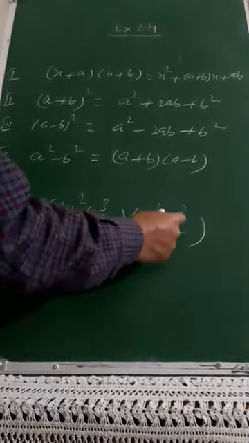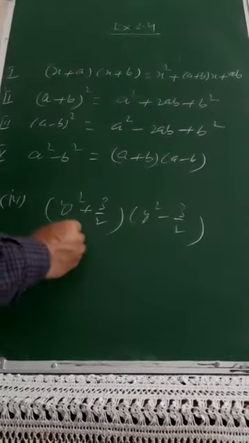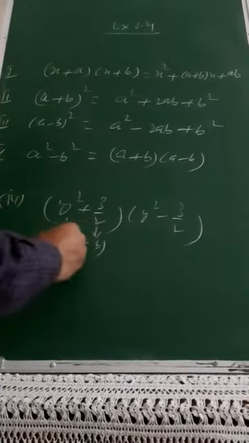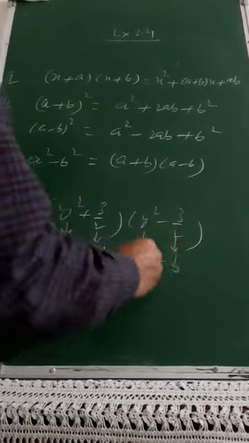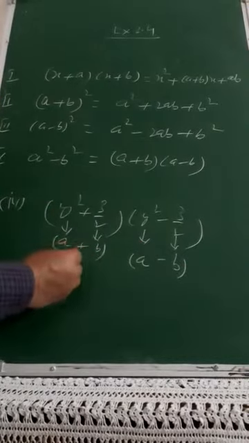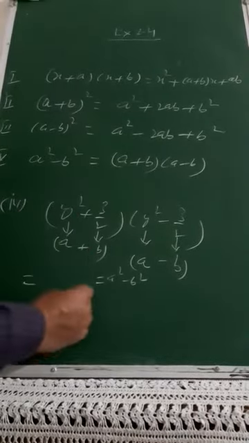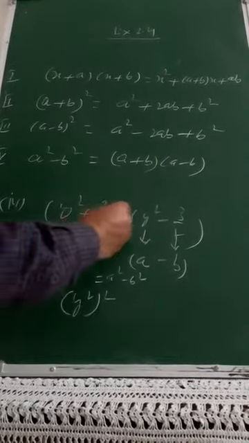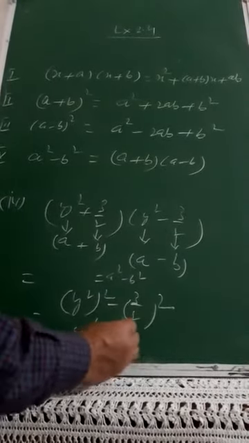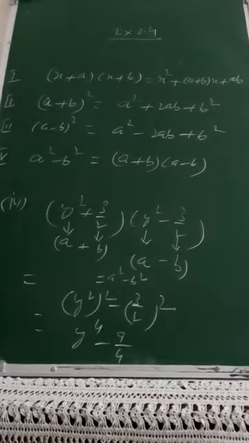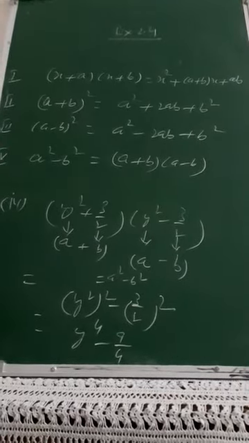So this is with plus sign, this is with minus sign, means this question is given in the form of a plus b into a minus b, where this is a and this is b. So this is a plus b. Again a will remain same and with minus sign. So this is there a minus b, which is equal to a square minus b square. So this is always equal to a square minus b square. What is a is now y square whole square, and what is b is 3 upon 2 square. So write the answer, y raised to the power 4 minus 9 upon 4. Square of 3 is 9 and square of 2 is 4. So that is y square minus 9 upon 4.